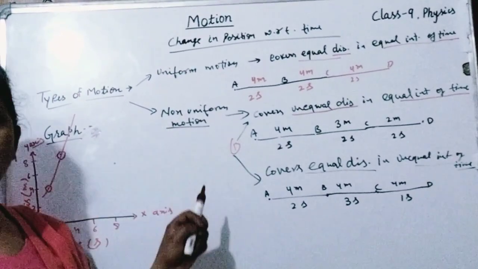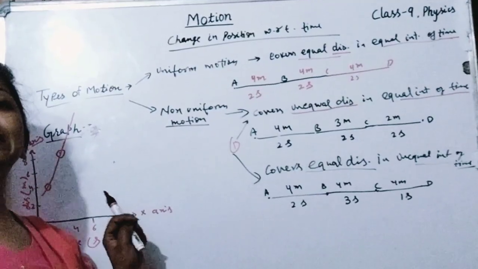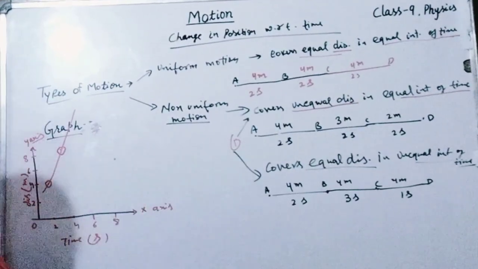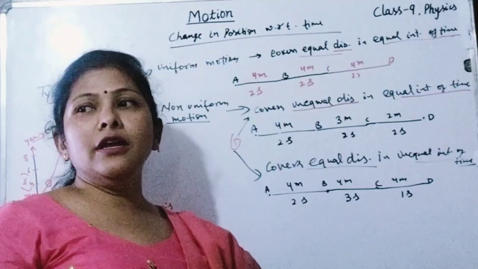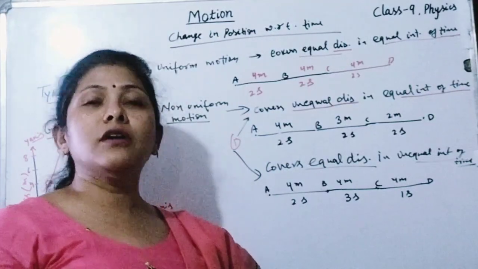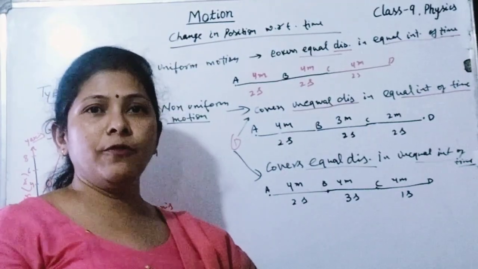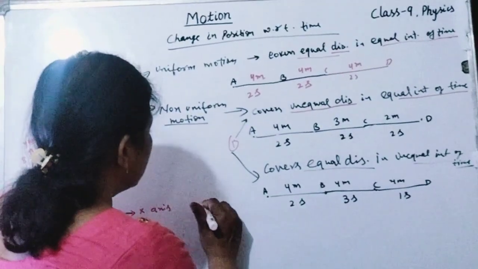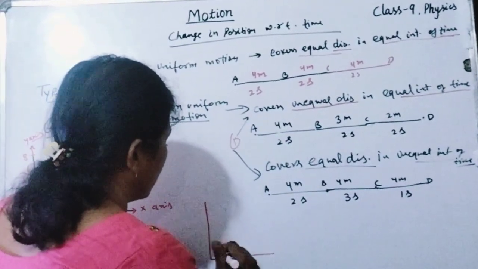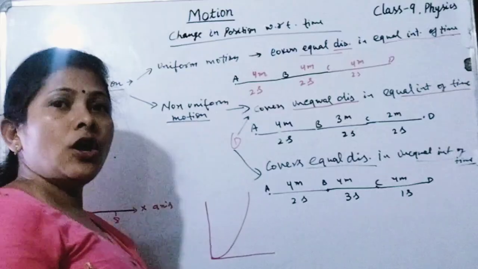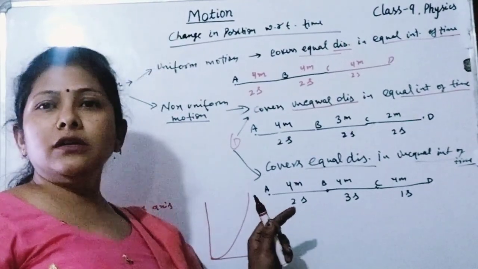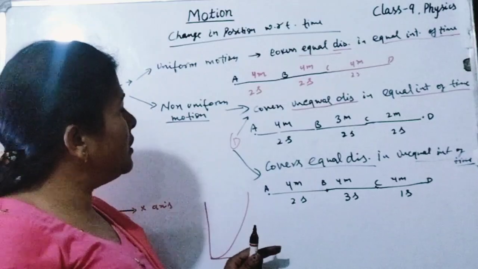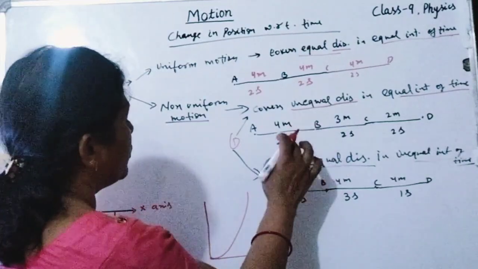So in uniform motion the graph shows a straight line, but in non-uniform motion the graph is a curvilinear line, or a curved graph, not a straight line graph, like this. Not every time in non-uniform motion is the graph a curved graph. It may be a different type of graph. For example,